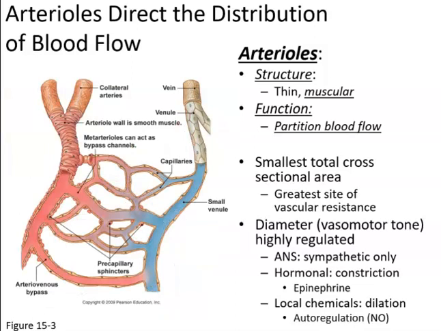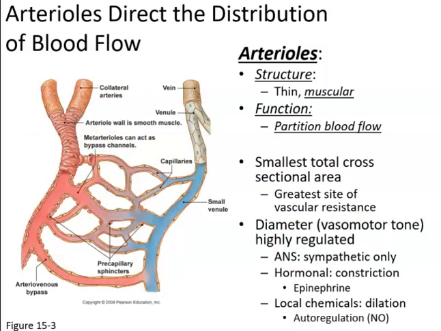Here we see an image of a capillary bed and the arterioles that will feed into it, as well as the venules that drain away from the capillary bed. So again, we said that arterioles have walls made up of smooth muscle and can direct blood into the capillary bed. Again, it has that partition characteristic, meaning it directs blood flow to areas that need it. Now, we also have structures called precapillary sphincters. These precapillary sphincters can close off capillaries in response to local signals. Also, when the sphincters relax, blood flows through all the capillaries in the bed and allows for exchange of nutrients,